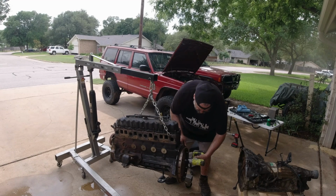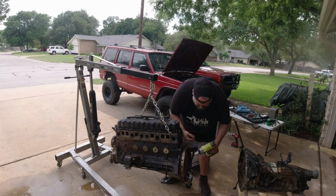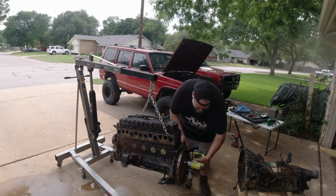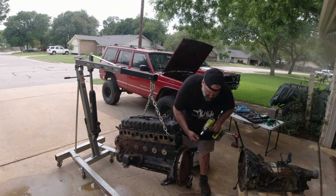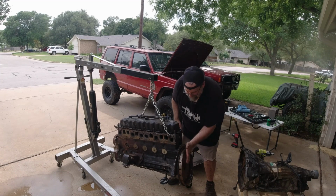No Loctite. That's nice. They wanted to be able to get it off easily. I think they had unintentionally planned to do this all over again. They're like, I think this guy's going to come and buy this, and then...